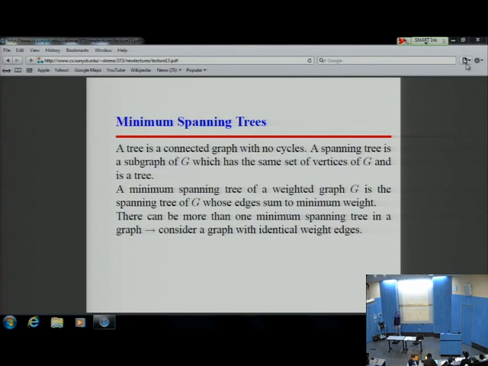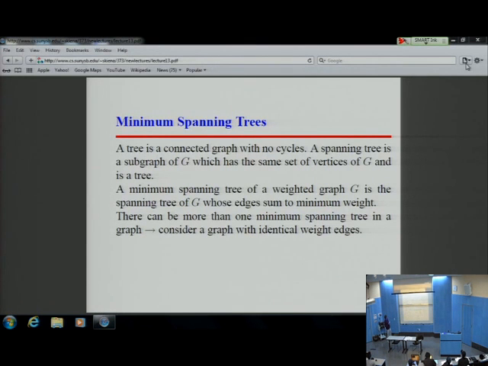How many people see that reasoning? In fact, I think the number is n to the n minus 2. But if you take a good enough graph theory class, you'll figure out why. That's not important. The point is there's a lot of them. Any questions? Now, a minimum spanning tree,